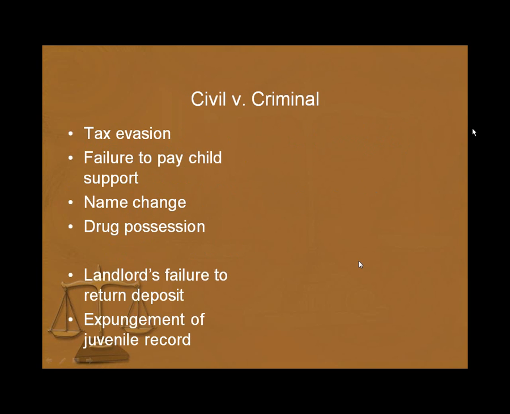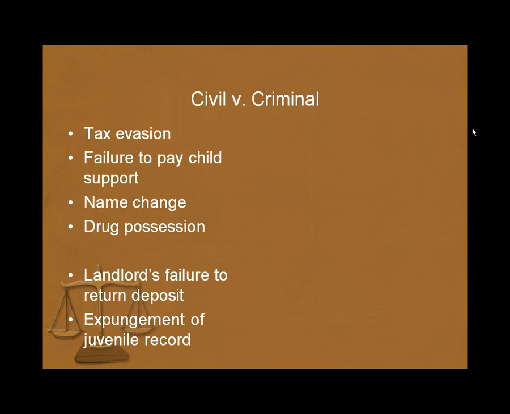Okay, I'm hoping that you are seeing a civil versus criminal page because I wanted to give us an opportunity to review where we think some of these might fit. Not only whether it fits within civil or criminal, but also what jurisdiction's laws are going to apply. So I'm just going to read out some of these legal issues and you think to yourself where you think they might apply. In some cases, there's not really a right or wrong to this